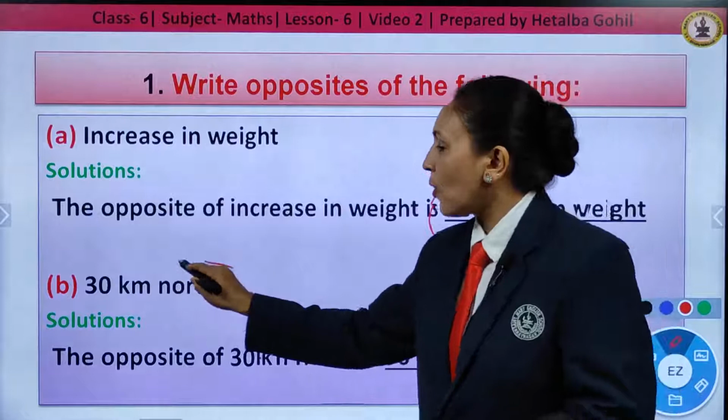Question number 5. Following is a list of temperatures of 5 places in India on a particular day of the year. Okay, so let us answer a few questions based on this. Write the temperatures of these places in the form of integers in the blank column. Children, here the place names and the temperature given beside them, we have to represent here in the form of symbolic plus minus.